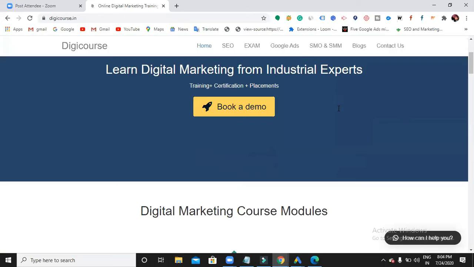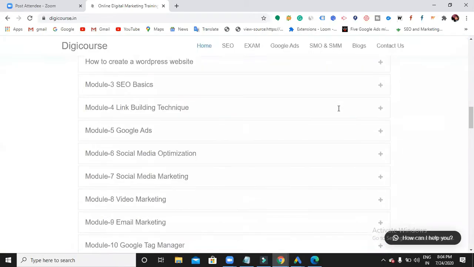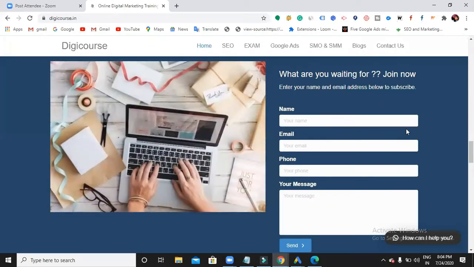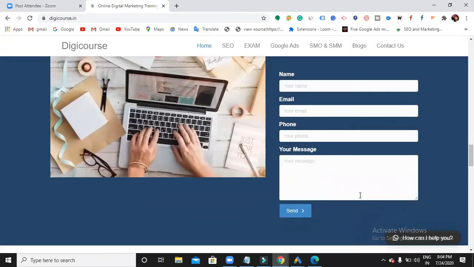Now this is the dizzycodes.in website. Here if you scroll down, I can see a form like this: name, email, phone and message. What is it all about? Why have I used this? To share or store some data of the users or visitors. Okay, now let's say Praveen visited my website and would like to get some training. So how can he contact me? This is one medium where we can interact with the users.